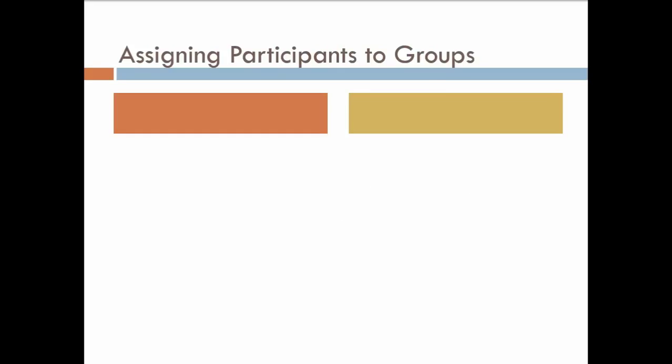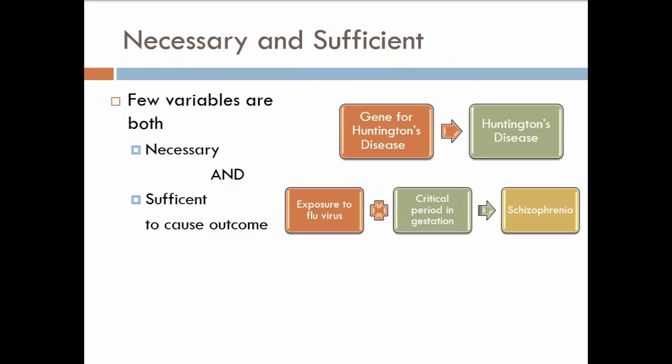So that's why we use factorial design so often, because if you use a factorial design, then you can factor in one factor will be whether the person was exposed to the flu virus during gestation, yes or no, and then how old were they? Were they in the first trimester, second trimester, or third trimester, right? And then we can look at the differences in their schizophrenia scores. By taking both factors into consideration, we have a better chance of making a prediction.